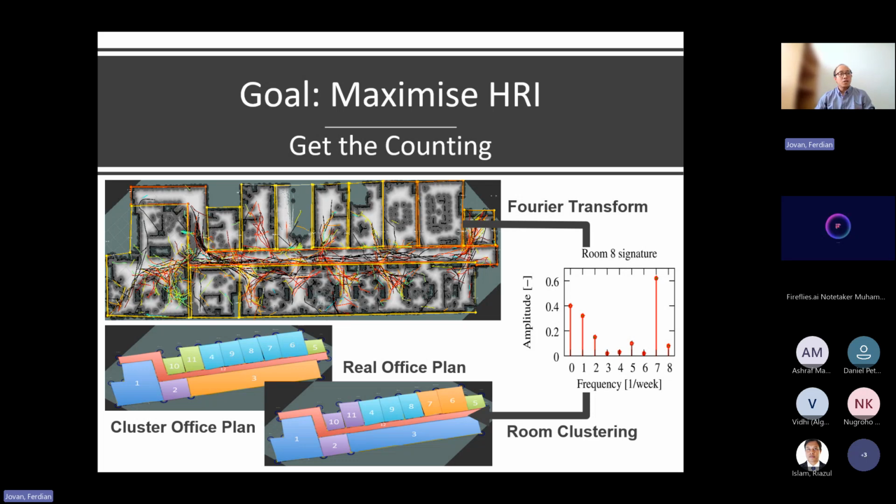So why do we need this? Actually, in a way that the robot learns the function of each room semantically, similar to how people occupy the space. So it can differentiate between an open plan, where you will see a lot of people almost all the time during office hours, and meeting rooms, where you will see people occupy them sporadically from time to time. And we use this information, the similarity between places, to decide which place is worth visiting.